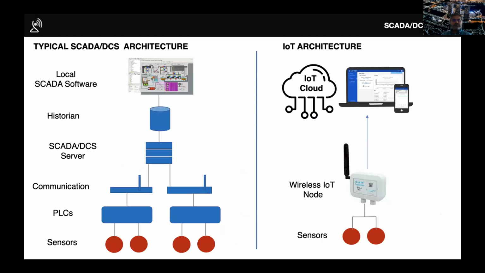The next question would come, hey, I already have some kind of monitoring telemetry system. People call it SCADA. Some of you might have heard, supervisory control and data acquisition systems, or distributed control systems, or there are others. So how does this compare to that, right? So on the left side, you see a typical SCADA architecture where you have sensors, you have some local controllers, communication, there's some local server, there's a historian, and then possibly a connection to the internet, and then some kind of HMI or visualization. So on the right-hand side is the IoT architecture, which kind of simplifies it, where the sensors can connect to a node like ours, and then the rest of it is done on the cloud, right? So it becomes very easy.